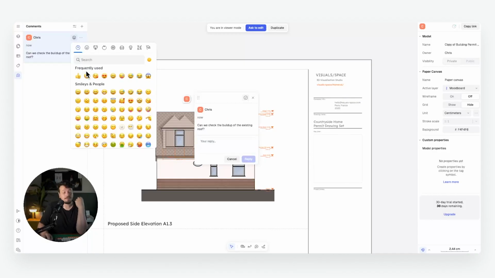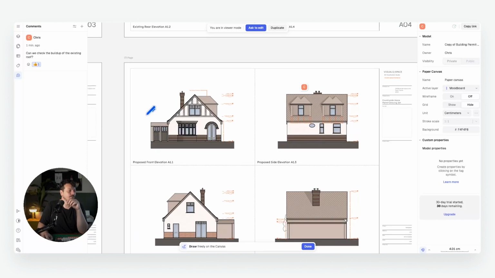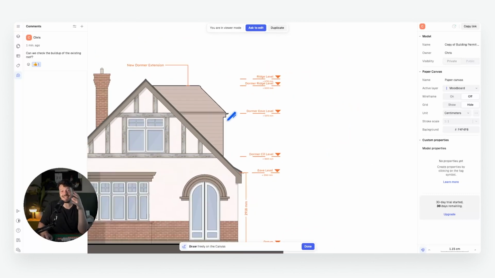I can even add some fun emojis if I want. The other thing I can do is annotate. So you can see here there's a little pen tool. So for example, if I wanted to indicate a change that I wanted to make visually, for example, I could add that onto